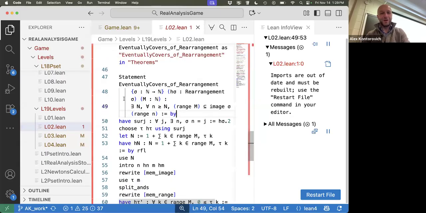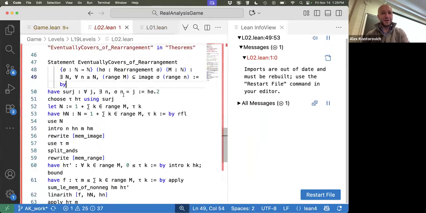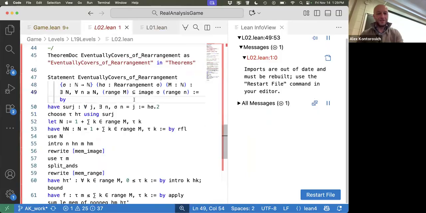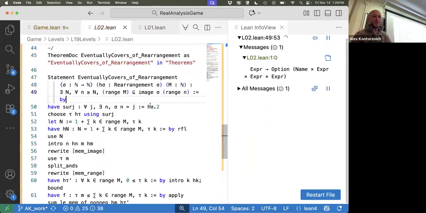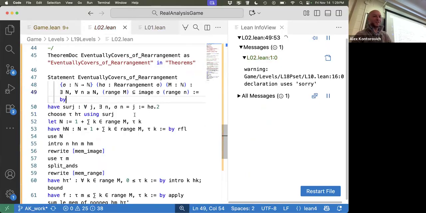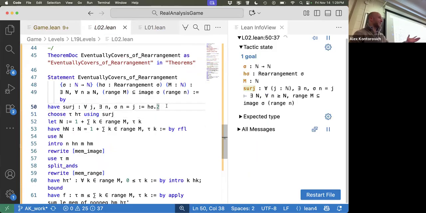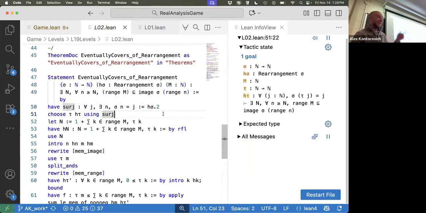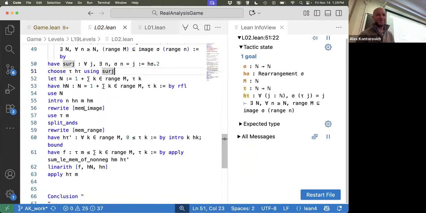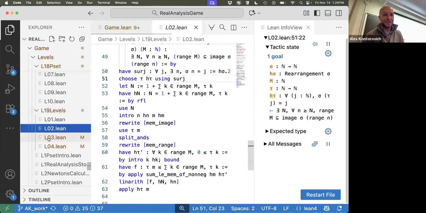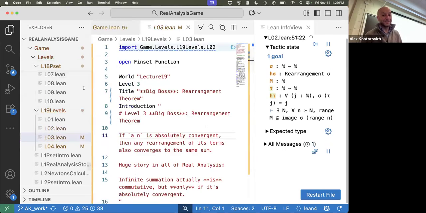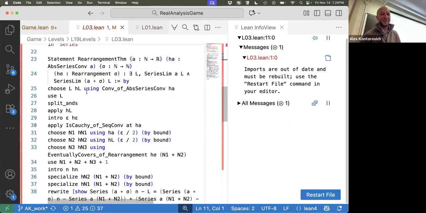So here's the one about the rearrangement. You use the surjectivity. I'm just writing out what the surjectivity means. And here's the inverse function tau. And then do some operations there. And then let's just do the last one, because as I told you, I didn't finish the other one myself, and I want to move on because we have to hit other topics.